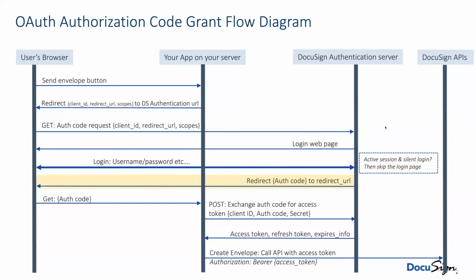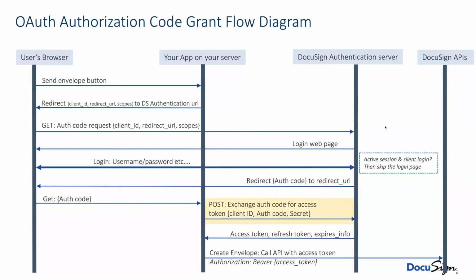And the redirect URL, remember, is a URL hosted by your application. Next, the user's browser responds to that redirect by immediately doing a GET, and that GET has the authorization code. And the address for this GET request is your application on your server using the special redirect URL that you've set up. Now at this point, your server, your application is back in control of things, and what it does is it